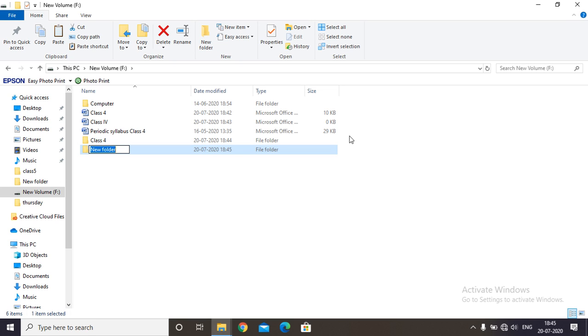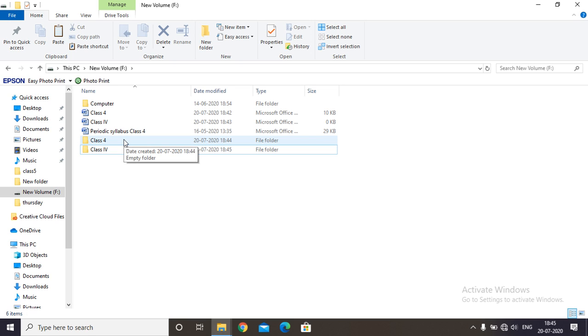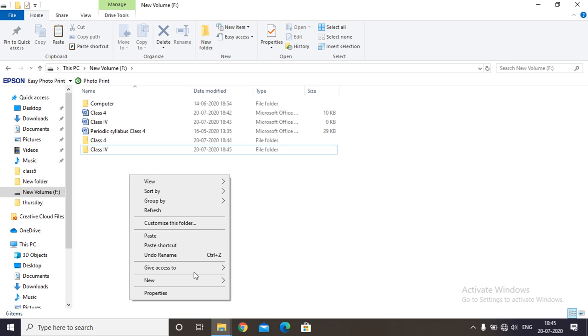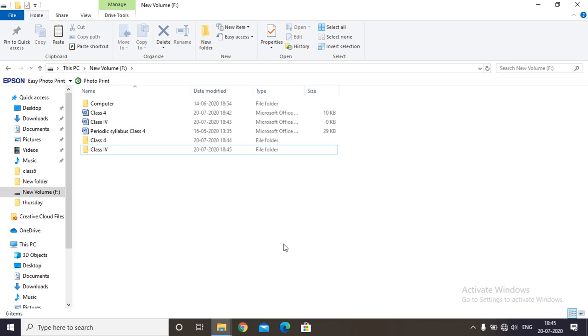Type the desired name you wish to type. Let it be class 4 in Roman and press enter. So in this manner we have created two folders, first with the help of toolbar and second with the help of right click on the screen. So clear students, these are the two ways to create a folder.